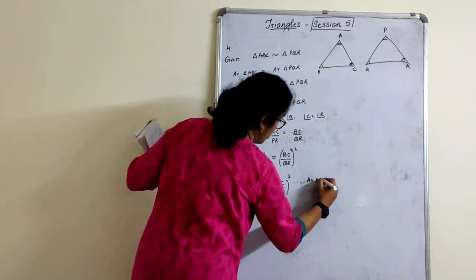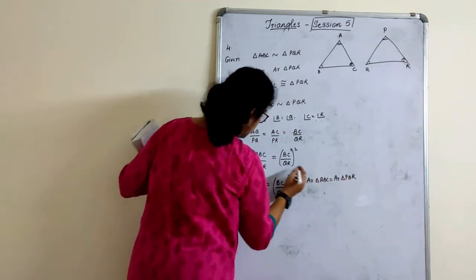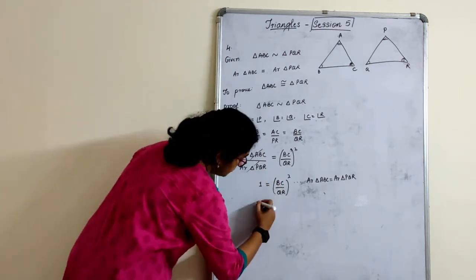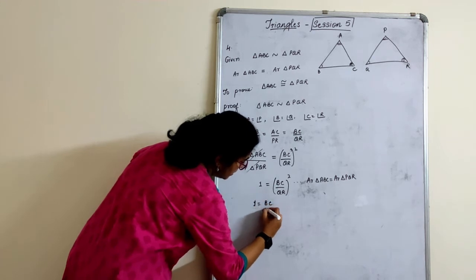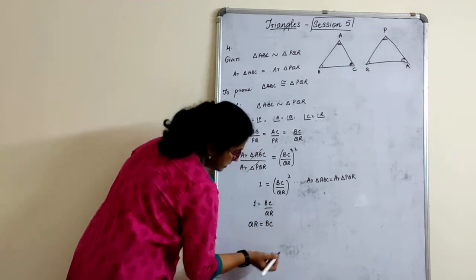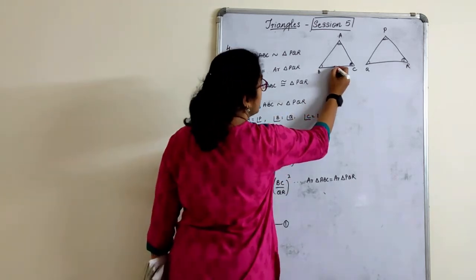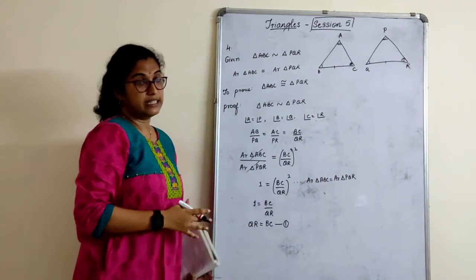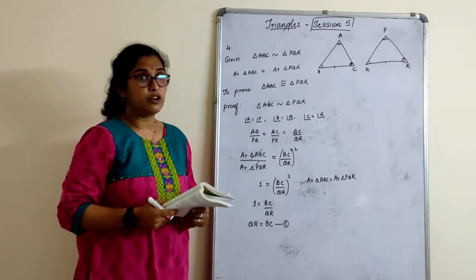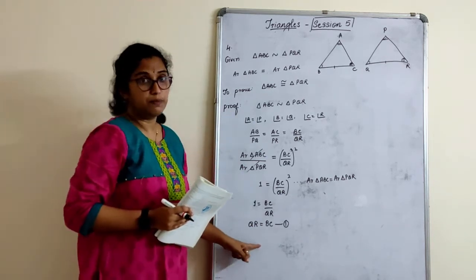Reason: area of triangle ABC is equal to area of triangle PQR. They get cancelled to each other. 1, both are equal. So when the square goes to the other side, 1 is equal to BC upon QR. Therefore, QR is equal to BC. Equation 1. So we proved that QR is equal to BC. Right? Now see in these triangles, what are the parameters I know? 2 angles and 1 side I know. Can I prove this by congruency? Yes. I only did this because I wanted to prove one side equal, which we proved here.